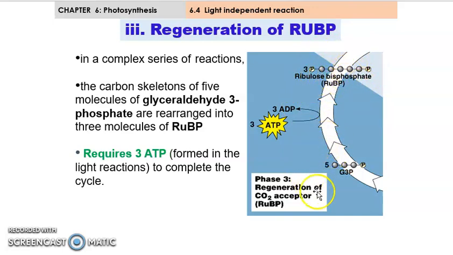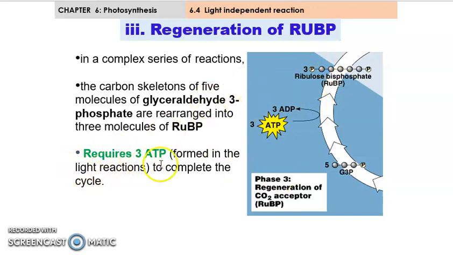So daripada 15 karbon, ada berapa molekul yang 5 karbon yang kita boleh hasilkan? So 15 awak bahagikan dengan 5, so kita dapat 3. So sebab tu dekat sini dia tulis 3. Okay, ribulose bisphosphate. Okay, and then this process,